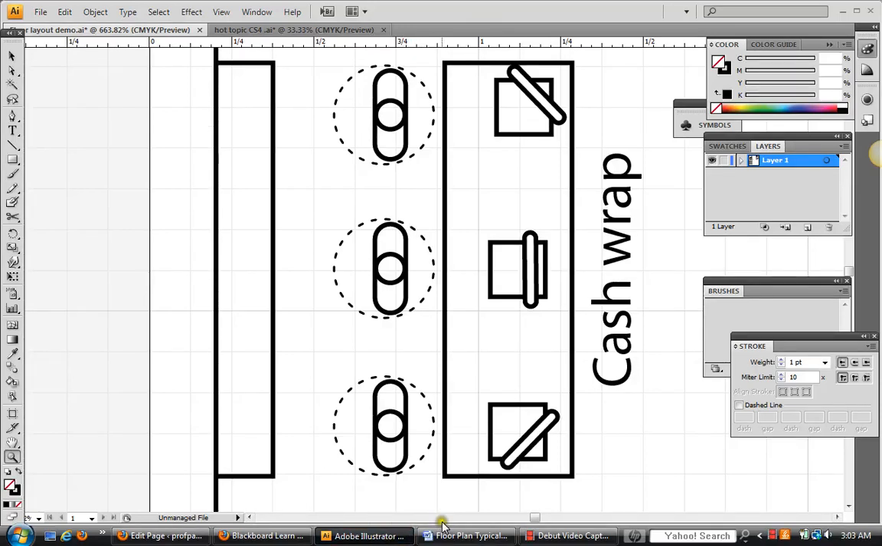Floor plan part 3, cash wraps, fitting rooms, and restrooms. Basically for your cash wrap, typically we see a rectangular cash wrap desk. It doesn't have to be. You can make it an arc, you can change it. That's when you can use the pen tool, the arc tool. It's entirely up to you. But I'm just going to show you a basic